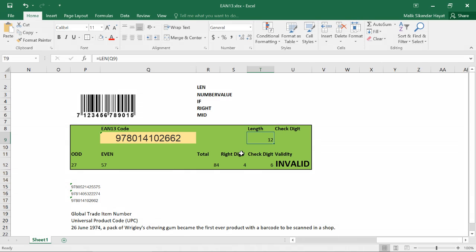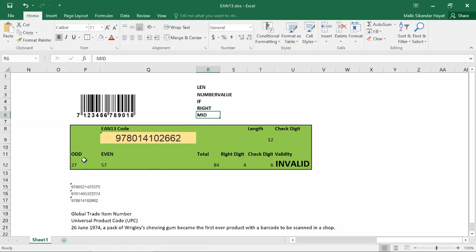So now if we have to calculate its digit, in this example I used these functions of Excel: LEN, VALUE, because when I was taking the rightmost digit it was text, so I was not able to use it in the comparison. So IF condition, RIGHT to take the rightmost digit, and MID to take the odd and even.